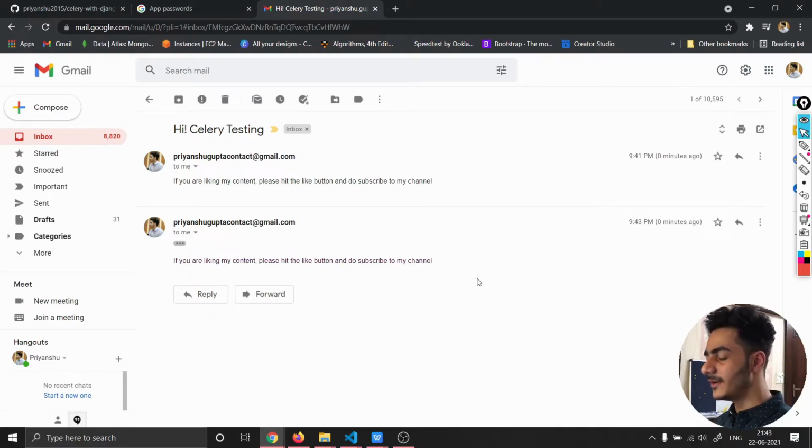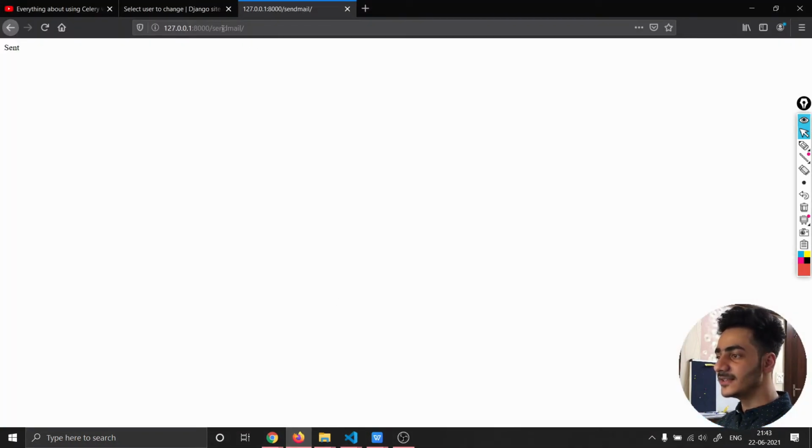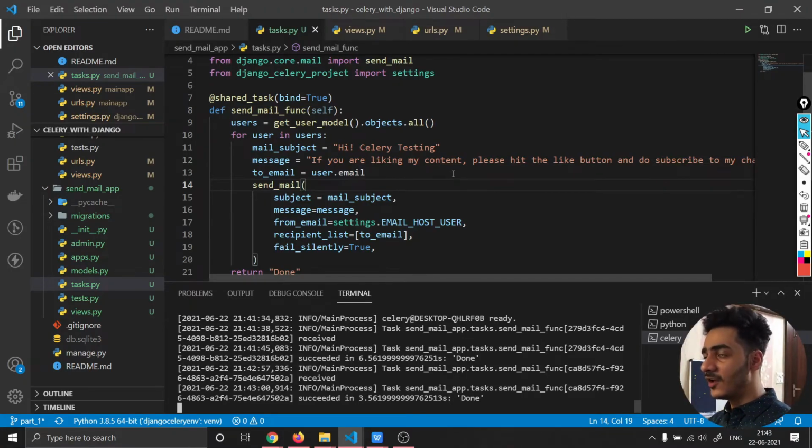But here there is one limitation, that is, it is sending the mail at that time only. Okay, it is sending the mail instantly as soon as we hit this endpoint. But now let's say if admin wants to send mails to the user at particular time, or he wants to send mail at regular intervals, like he wants to send mails at 12 a.m. every day, the same mail.